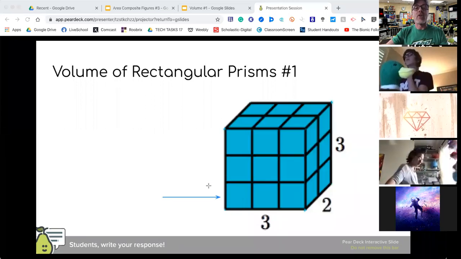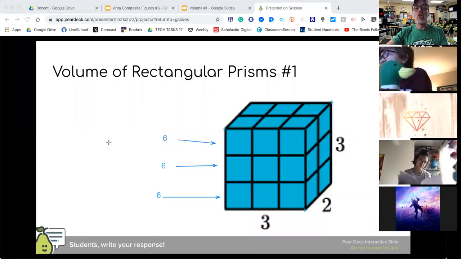Okay, so we got 6 cubes there. How many are on the next layer here, Betty? 6. How many are on the next layer? 6, all right? So there are literally 6 cubes on all 3 layers, so it's a total of 18